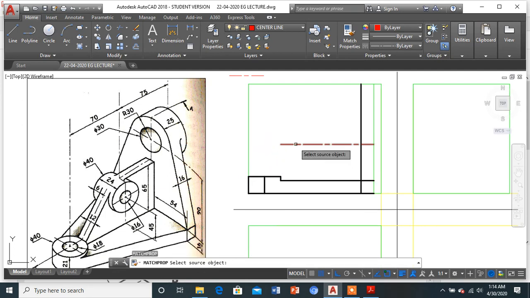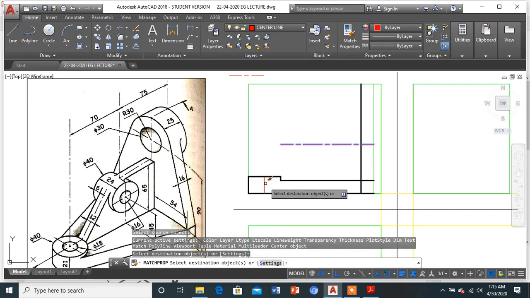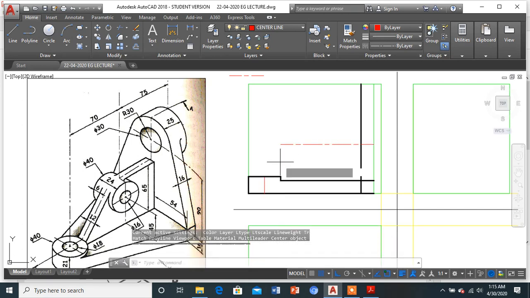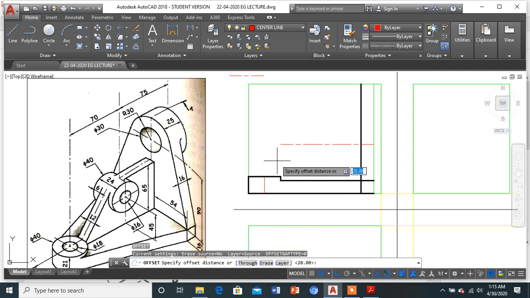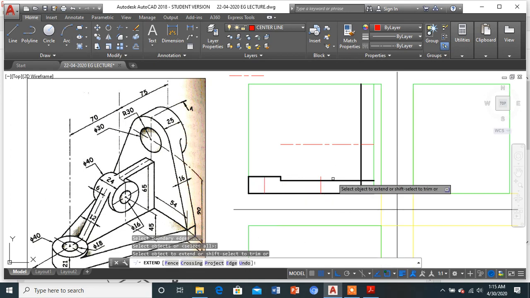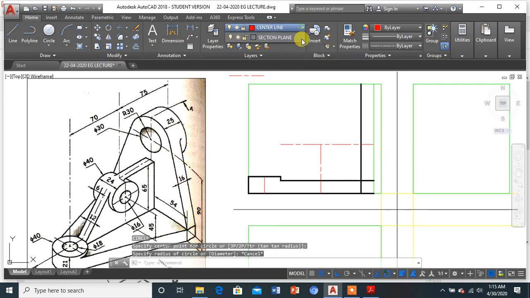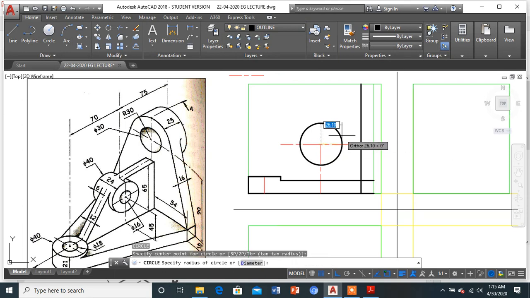I'll make this as the center line, and then I will offset it again by 70 to get the other line from here, like this. I'll make the circles by using the dark line. The inner one is of radius 8, that is diameter 16.